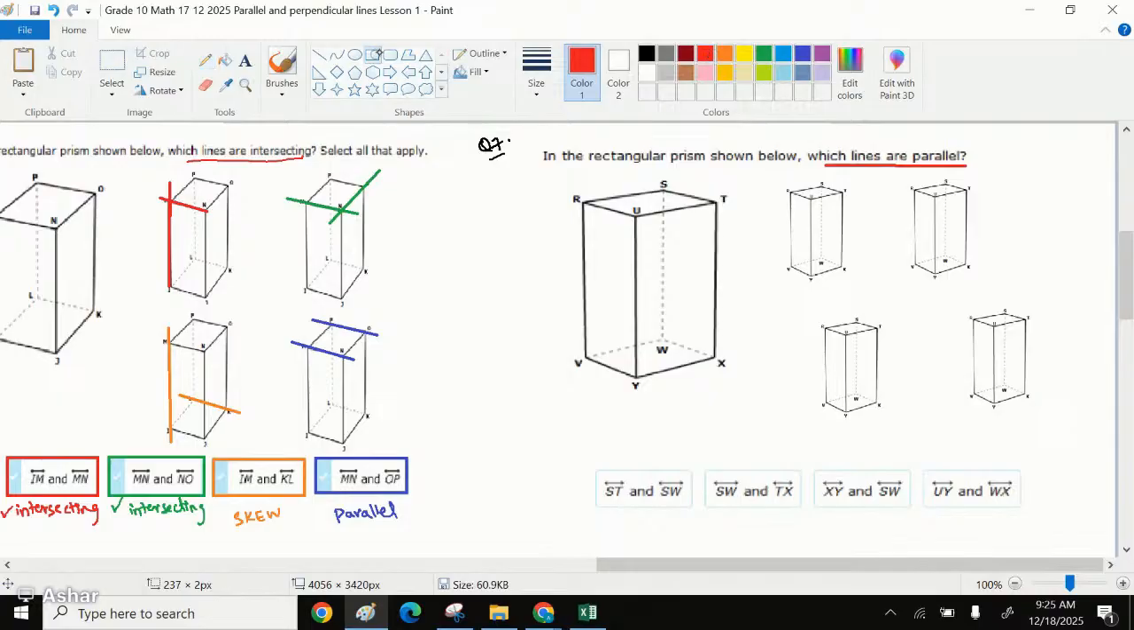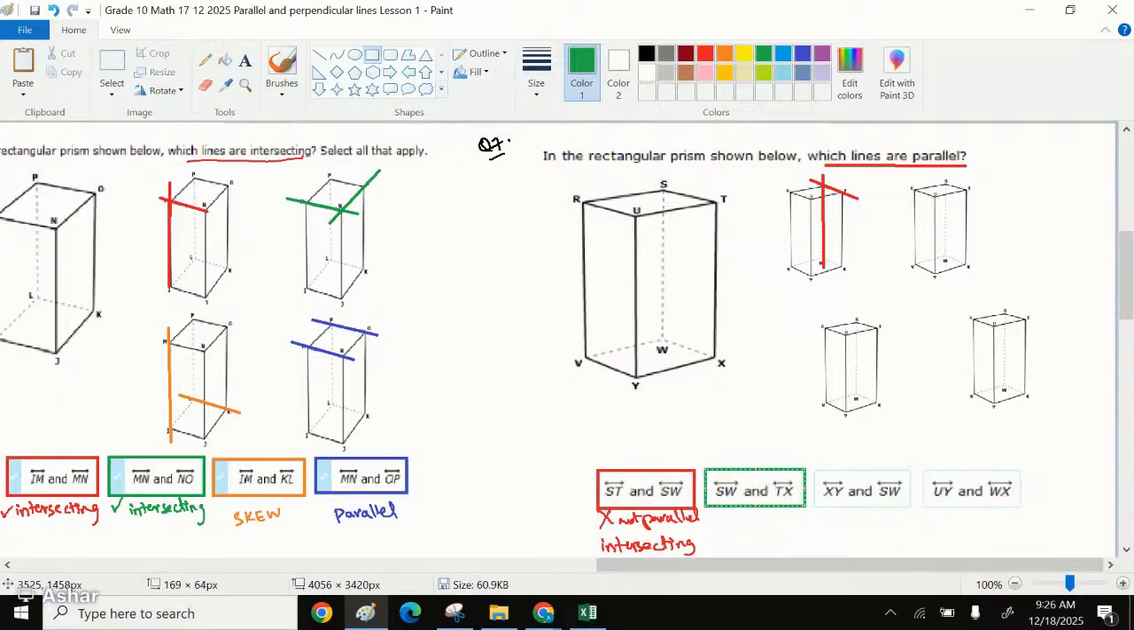The first part of the question says ST and SW. So where is ST? This line is ST and this line is SW. So they are not parallel. Not parallel. What are they? They are intersecting lines because they are cutting each other at a particular point. Then we have